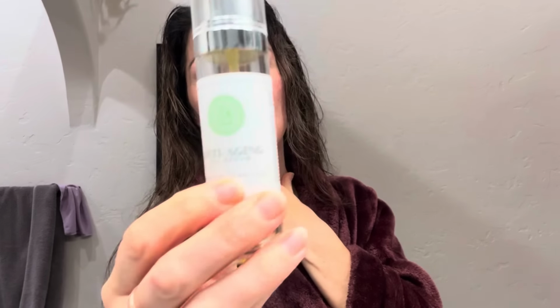It feels very silky, this bakuchiol oil. Now, I do this mornings and evenings, but in the mornings I use the anti-aging oil serum, and this is one thing I am not without, especially in the winter time. It just keeps my face very hydrated. So anyways, what I want to show you is